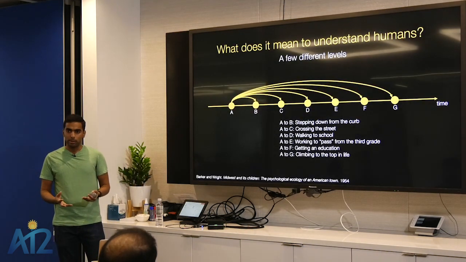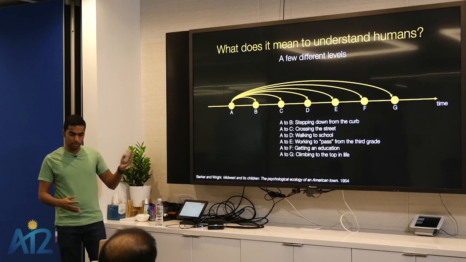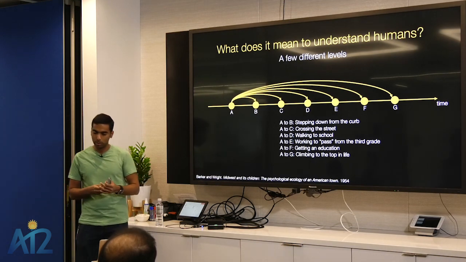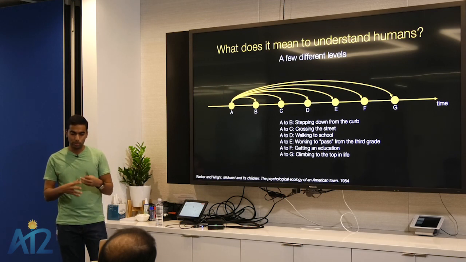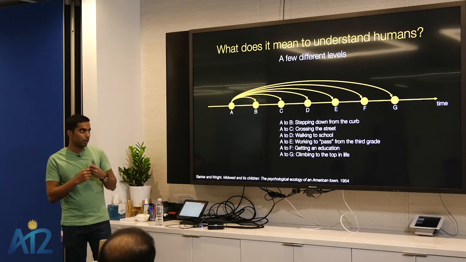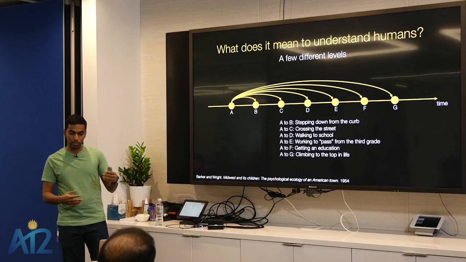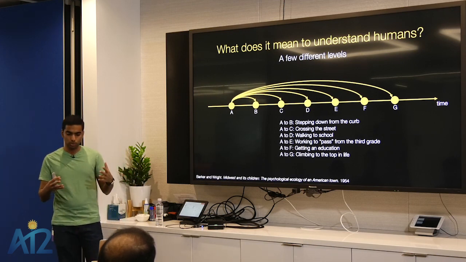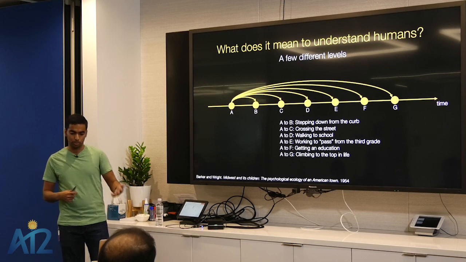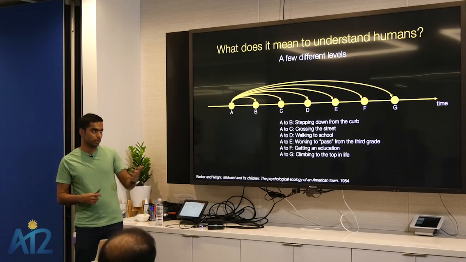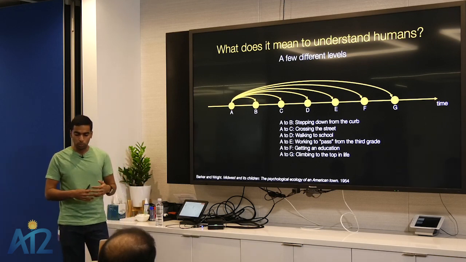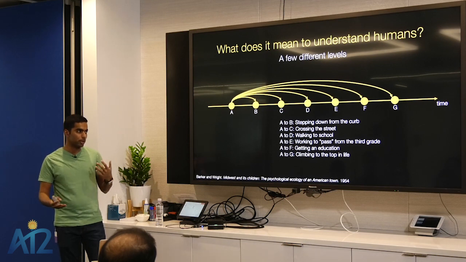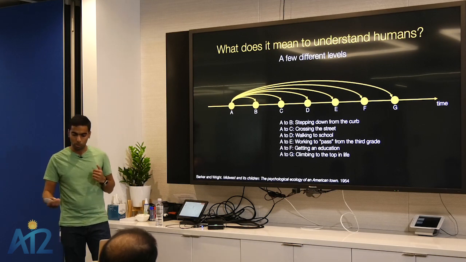Now, human understanding can be thought of at a few different levels. There was this very nice study from Barker and Wright back in 1954, which thinks about human understanding at different levels of temporal hierarchy. From very short atomic actions like stepping down from the curb, crossing the street, or walking to the school, to even long-term actions like getting an education and climbing to the top in life.